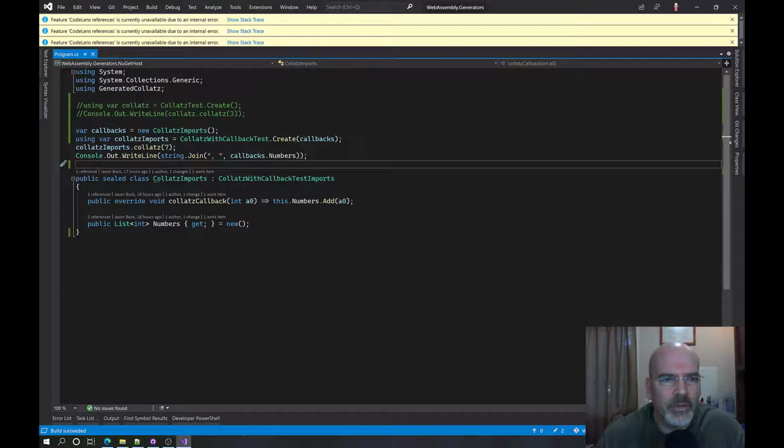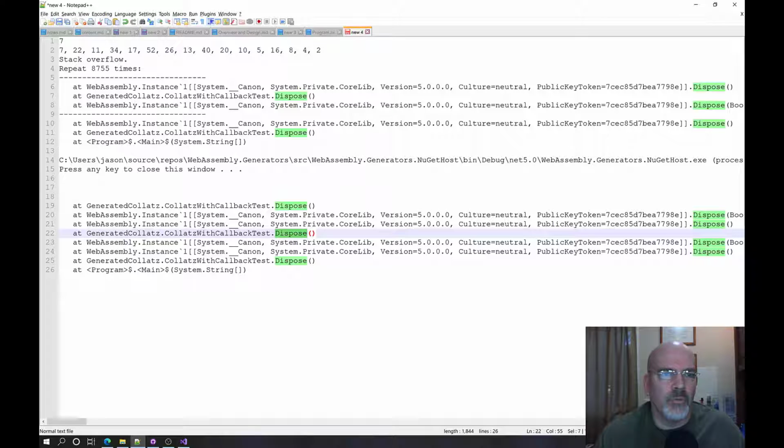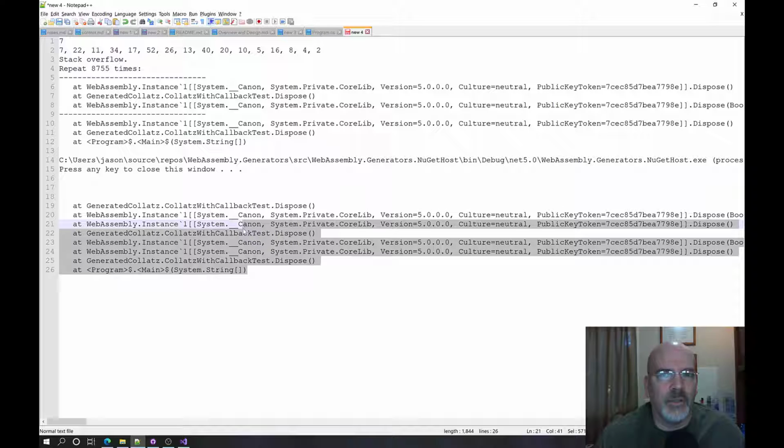Why is it printing out a 7 there? Oh, never mind. This is from the original one where I had both of them going. Sorry, I confused myself. Okay. Repeat 8,755 times. So yeah, that's my guess, but it only happens when you're doing imports. I don't want to start getting into any logic of,